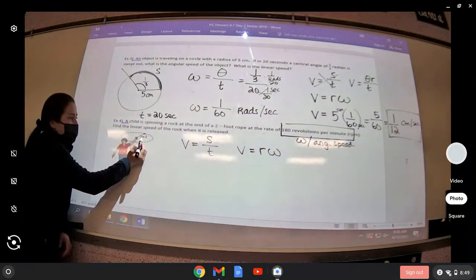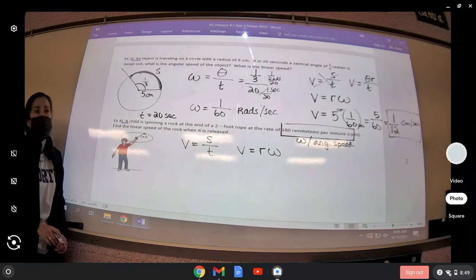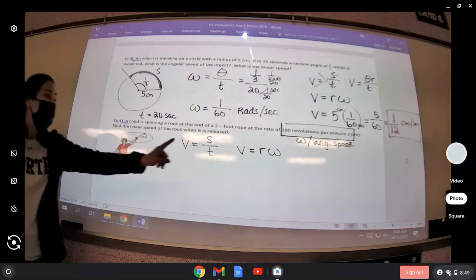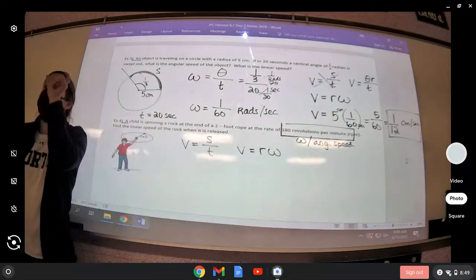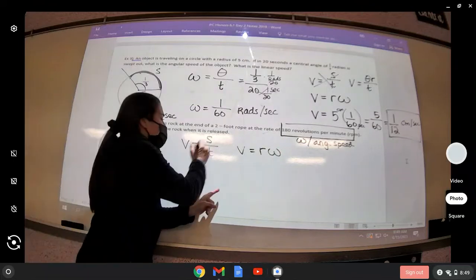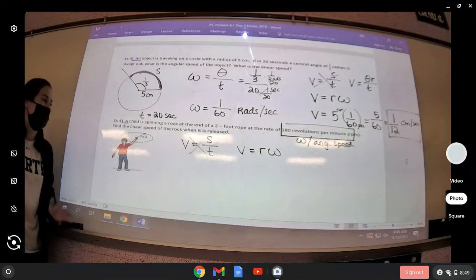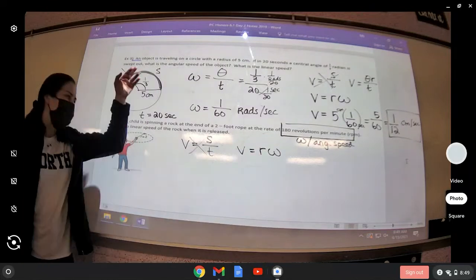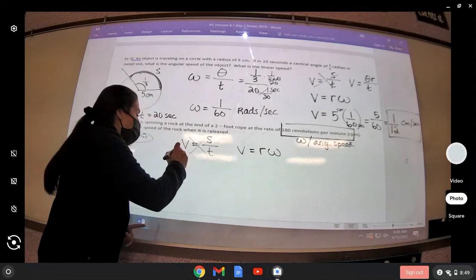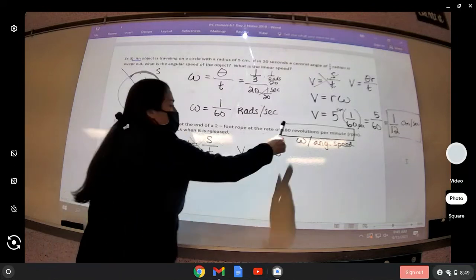We got the radius. The radius is a 2-foot rope there. Omega was given to us, it's just not usable yet. So I'm definitely going to use this formula. I just got to get all my ducks in a row. I got to get everything in the right form. All right, so I know my radius is 2. That's good. Omega right now is equal to